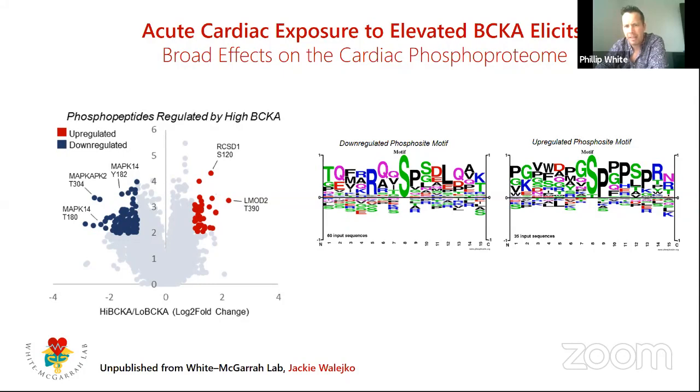So these data suggest that the branched-chain keto acids might be moving beyond simple mTOR signaling and also causing a shift in the balance between p38 MAP kinase signaling and ERK signaling. And both of those pathways have been associated with changes in cardiac hypertrophy. Within knockout mouse models, the absence of p38 MAP kinase has promoted increased hypertrophy. And so, although that's a controversial area, these are giving us some new and important clues into how branched-chain keto acids might be eliciting some of their effects.